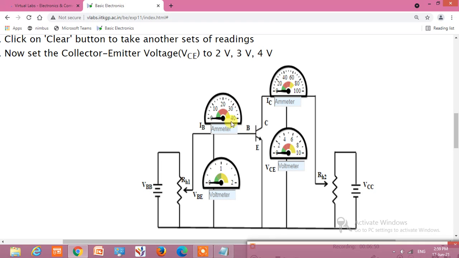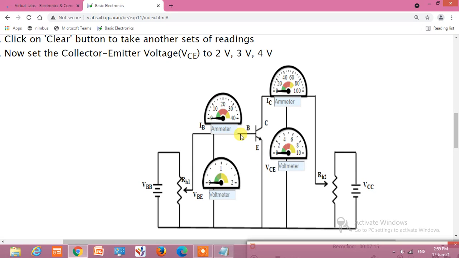This ammeter will measure the base current. The base current is measured in microamperes. Point to be noted: as the base is very lightly doped, the base current is very small and it is measured in microamperes.